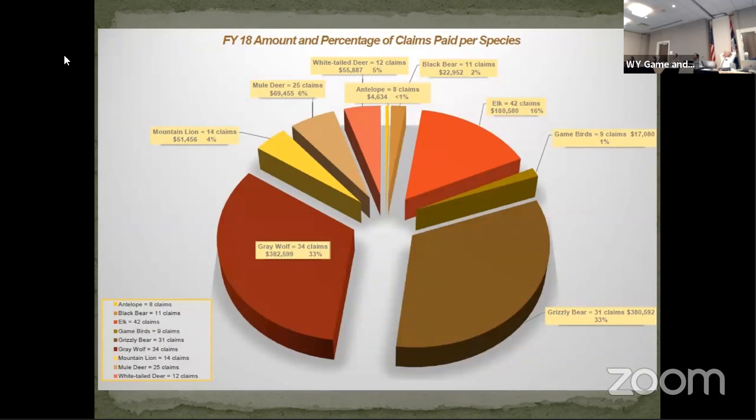And what does that cost us? Well, it's quite a bit. You can see there the number of grizzly bear and wolf damage claims definitely are the majority of what we pay out in our livestock compensation program in the state. I don't have to get into the specific numbers here, but you can see it adds up to quite a bit. And again, that's all part of long-term conservation and social tolerance and acceptance of these critters on the landscape without ruining people financially.